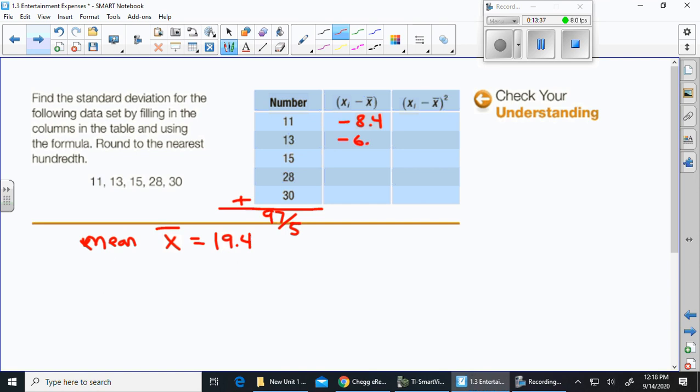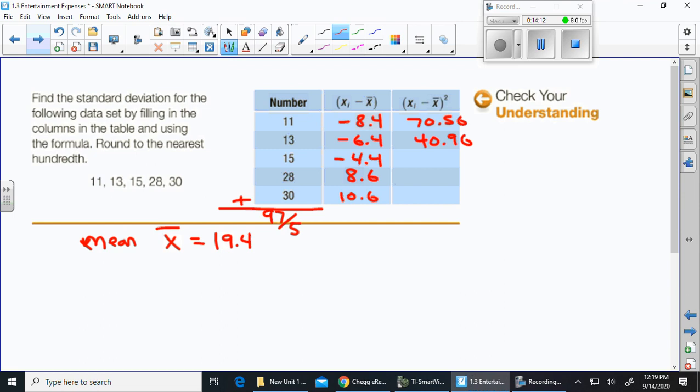I get negative 6.4. 15 minus 19.4, negative 4.4. 28 minus 19.4, now I'm going to have positives, 8.6. 30 minus 19.4, 10.6. Now I'm going to square them. So I'm going to take 8.4 squared, 70.56, and keep your decimals. 6.4 squared,